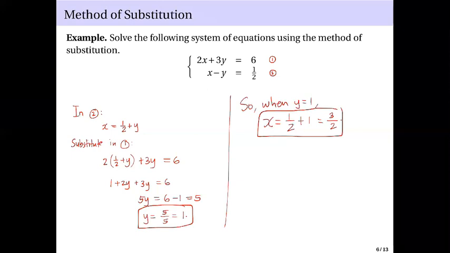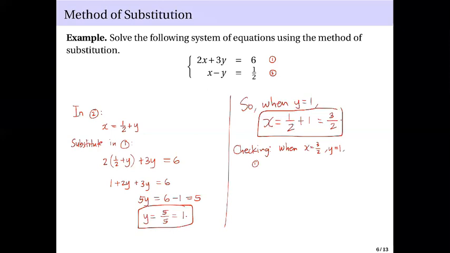And you can check if you substitute this and this onto each of the equations here, you will get the equality. So let me put that part, checking. So in equation 1, what do we have? When x equals 3 halves and y equals 1,